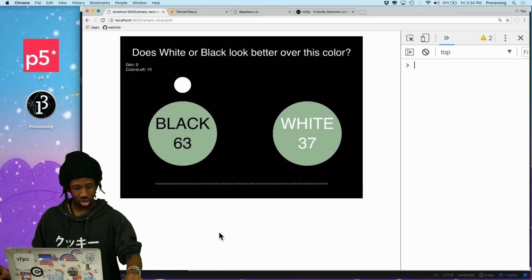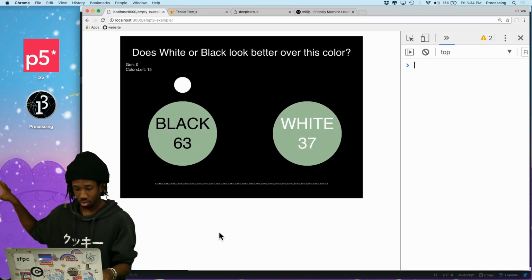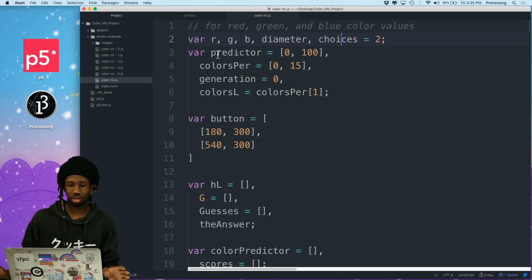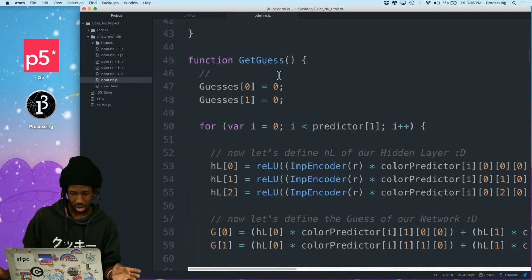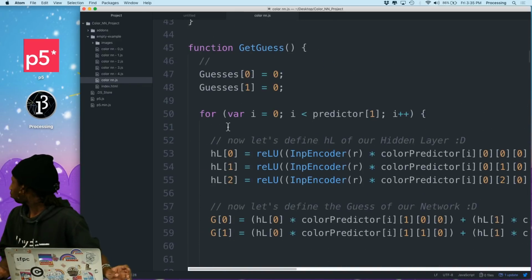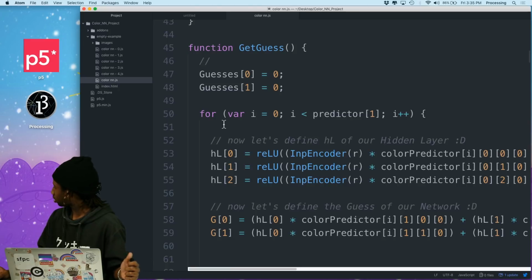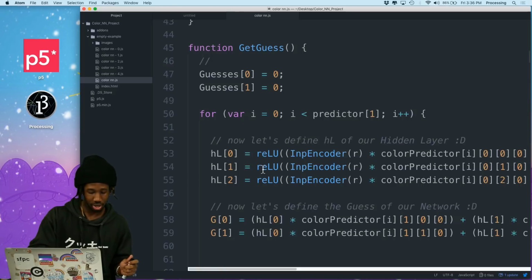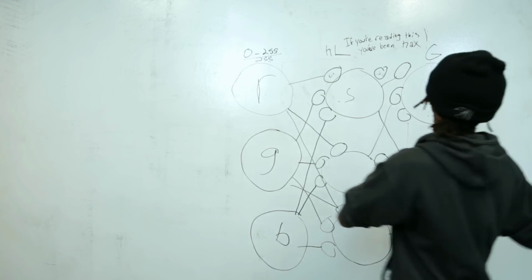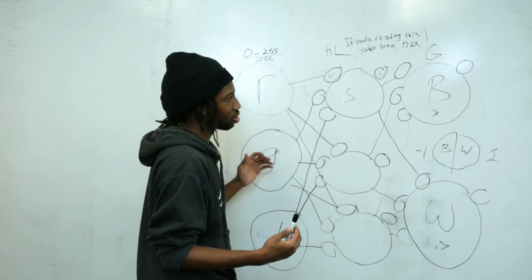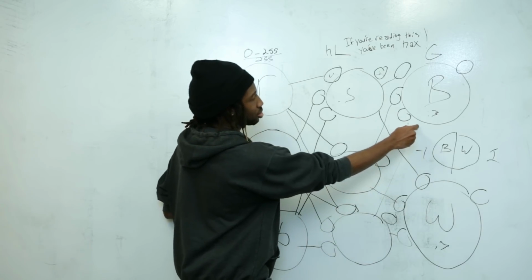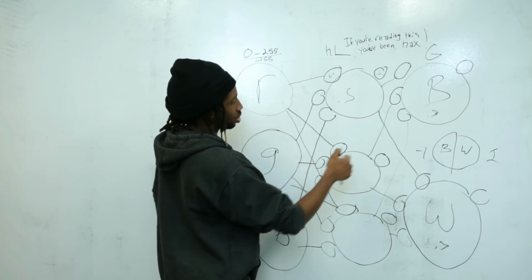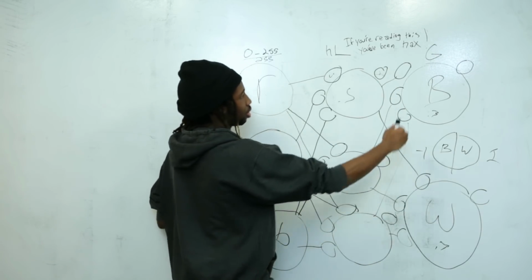Let's look at some of the code as to how we went about writing that part of our neural network. So we set up our variables. RGB is our input data. And then one thing that's really important that I should go over just to make sense of what's going on here: in order for you to write your algorithm, you need to know how to compute both of these. So this is really just an array of values.